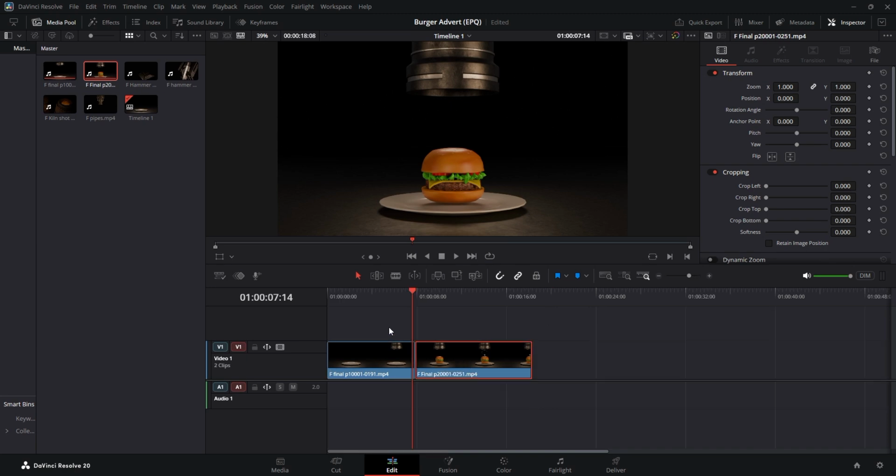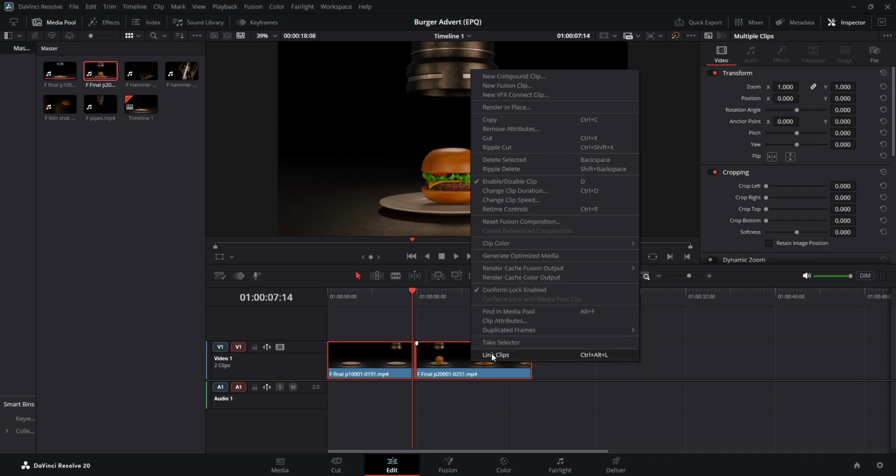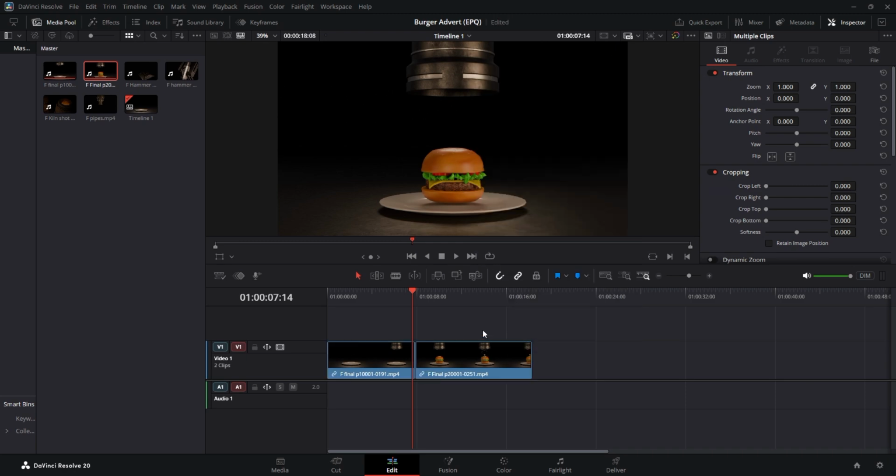And obviously I don't really want to move these about like that or anything. So, because I basically want them to be the same shot, what I can do is link these two together. Now that that's done, I could extend this out whenever I want, so say I want to make this ending bit last longer, I can